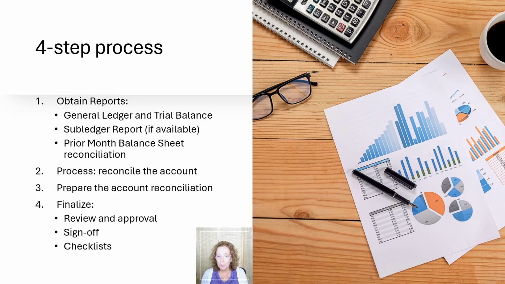Subsequently, the reviewers will also review and sign off on the reconciliation. That level of sign-off can depend on how material the account is to the overall financial statements. After you've prepared and signed off on the reconciliation, you would also sign off on the account reconciliation tracker that you've completed the reconciliation. The reviewers will do the same once they complete their review and approval. In some instances, additional checklists like internal control or SOX control checklists may need to be signed off on.